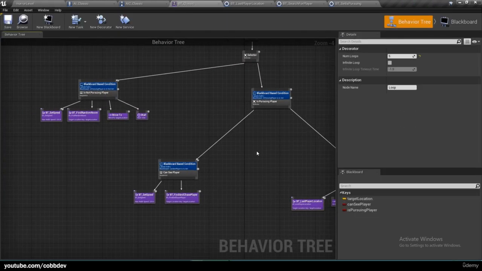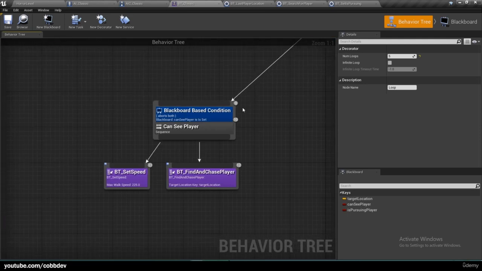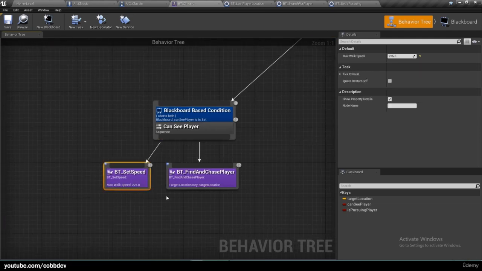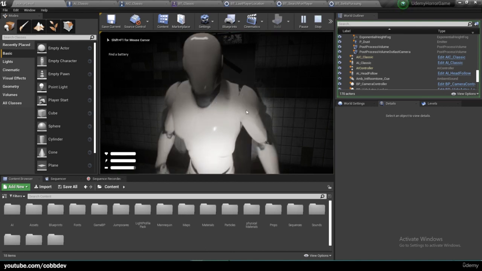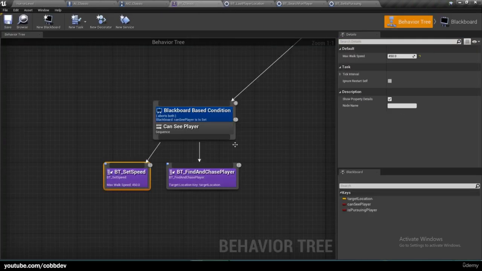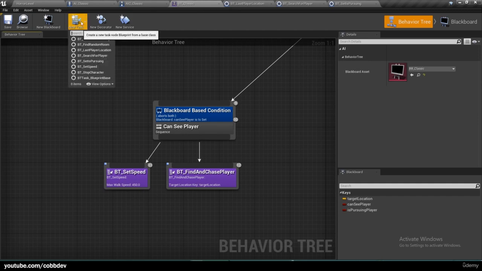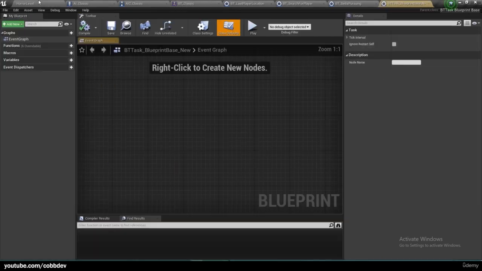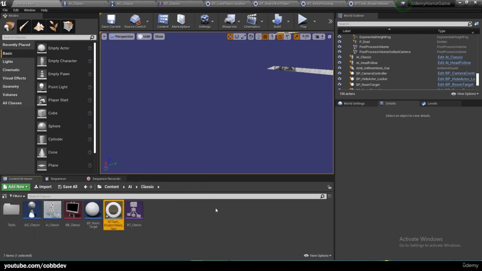So essentially, what we have here is when he's pursuing the player and can see the player, this is when he starts chasing you. I'm going to set this back to 450 so it's clear to tell when he chases you, just like that. But I want it to also play a noise. So we'll have to create a new task for that. So new task, BT task blueprint base, AI classic, here it is, BT